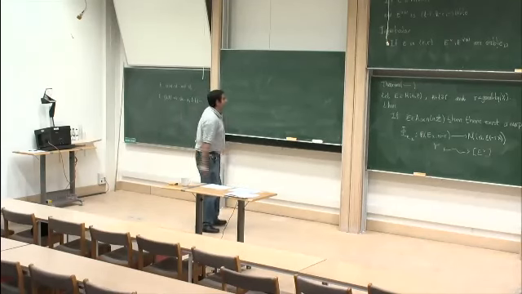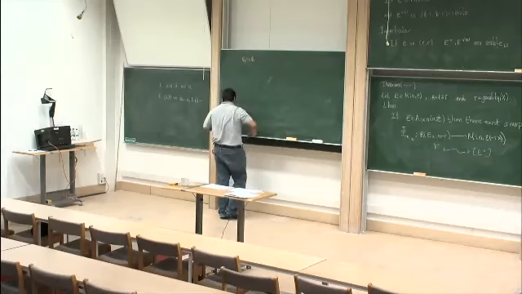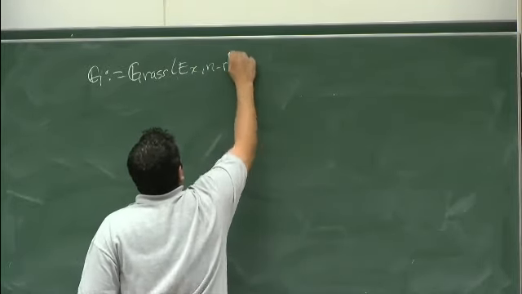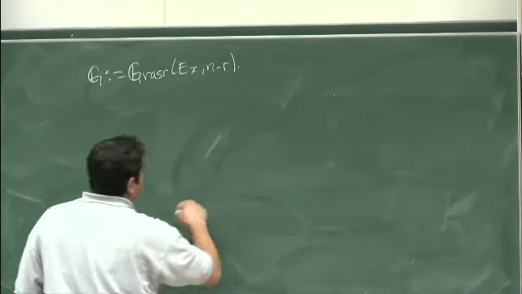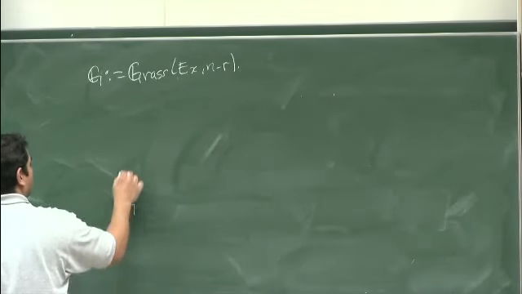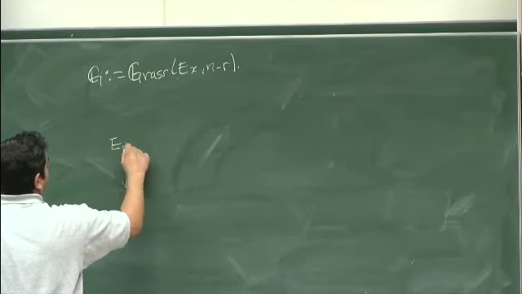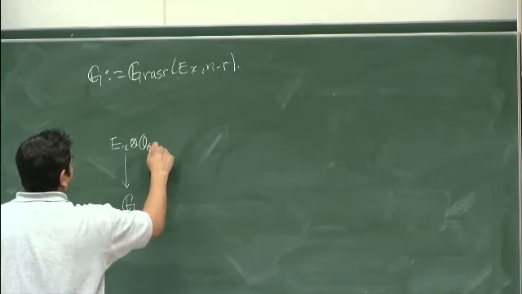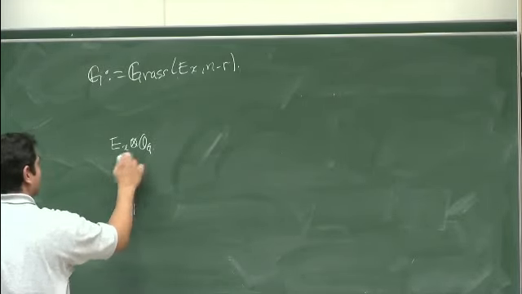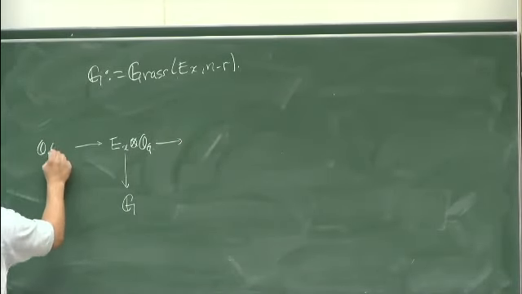To construct the morphism, I call by G the Grassmannian minus R, and over G I know that I have the trivial bundle with fiber the fiber of the vector bundle, and then here I have an exact sequence